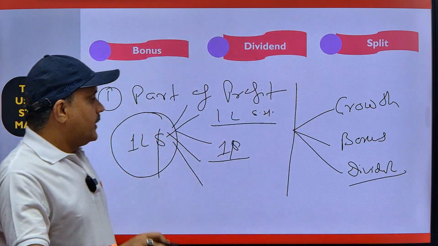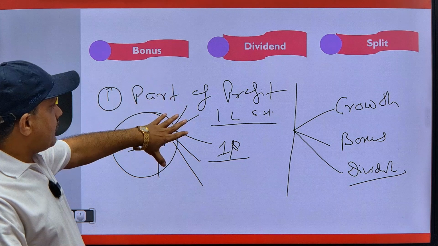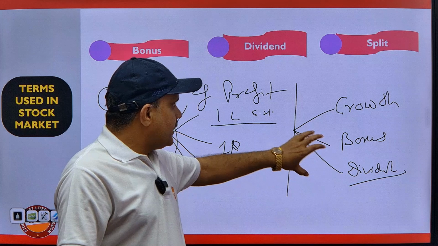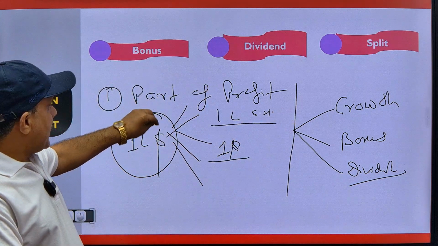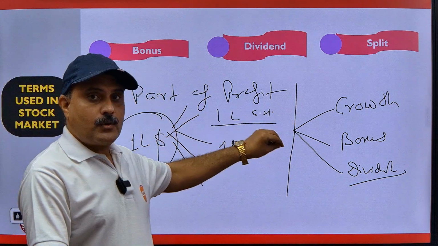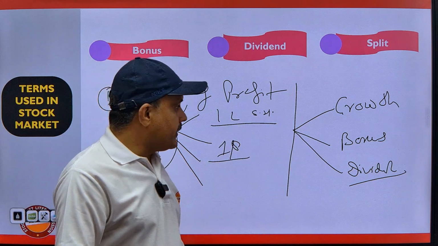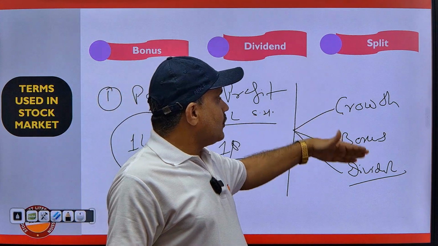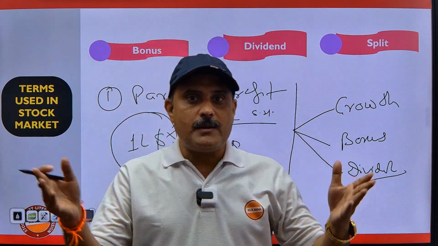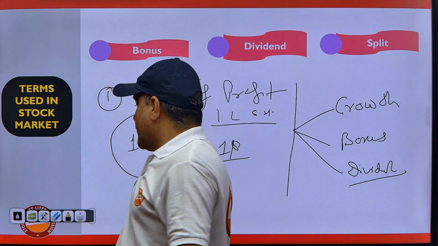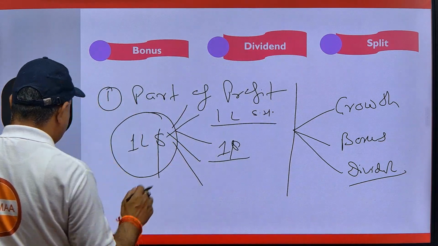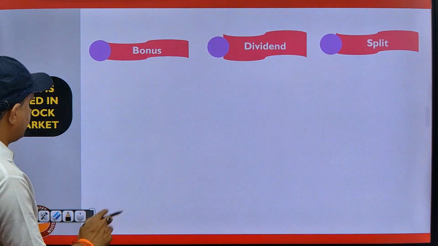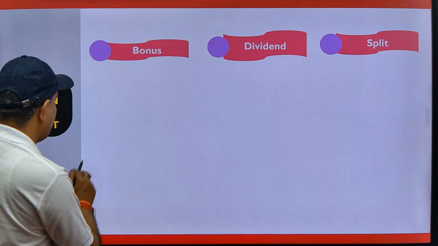Okay, so dividend is a part of profit. If the company is willing to give dividend from that 1 lakh profit, then the share of that particular profit will go to the shareholders, that is known as the dividend. If the company doesn't want to give dividend, then they can invest in growth or bonus, but it all depends on the board of directors of the company. Now, what is the formula behind it? How do they give? To understand all these things, we have to understand three things.